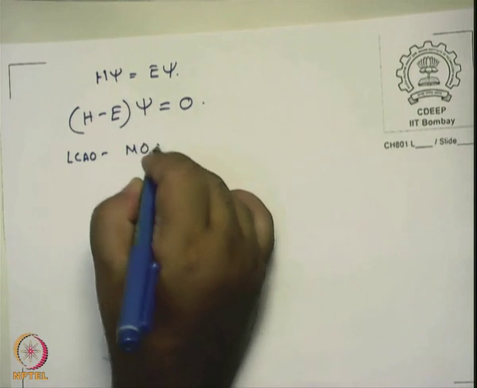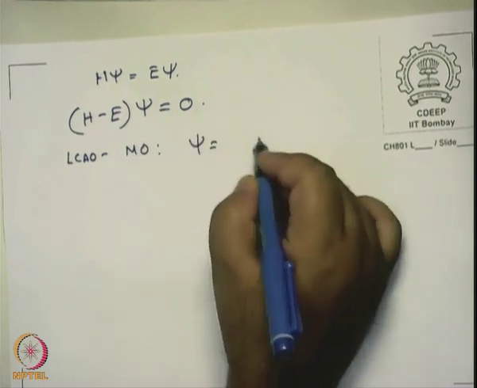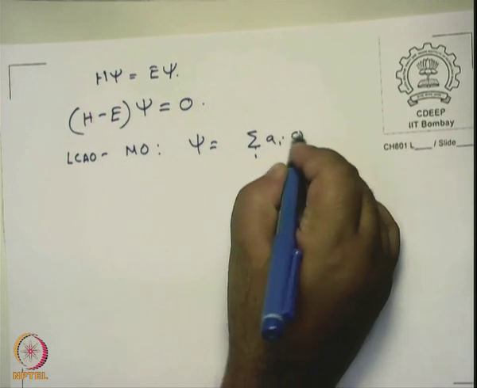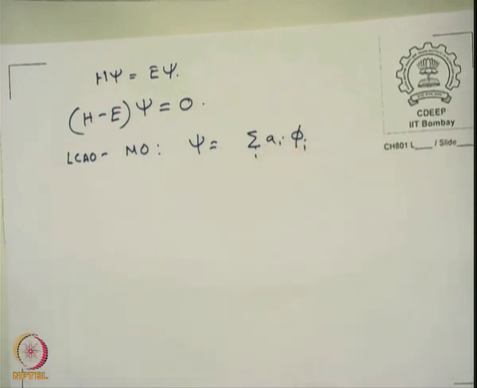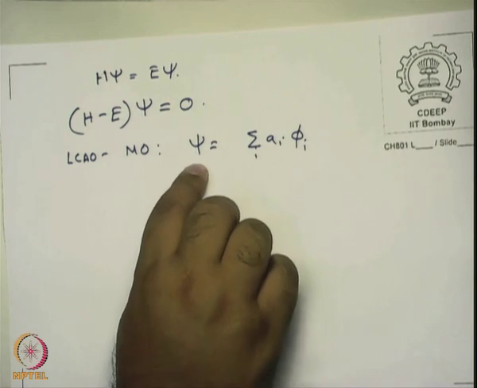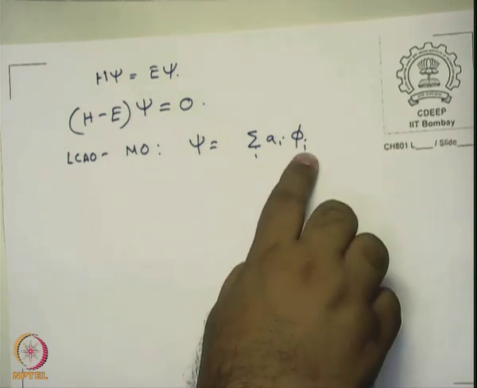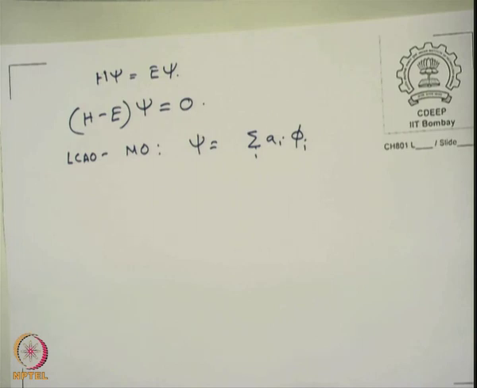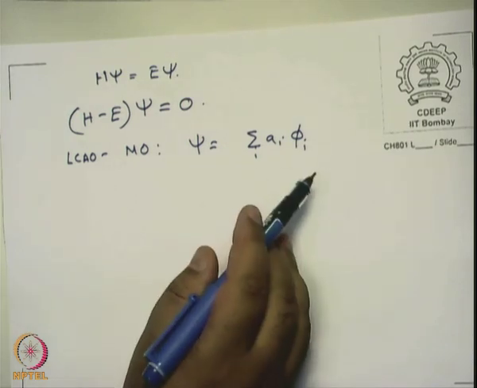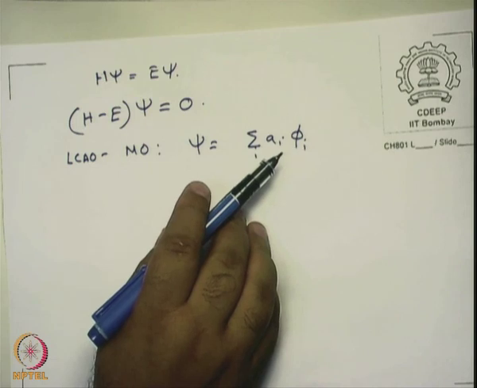Yeah, louder please. Linear combination of atomic orbitals. So, LCAO. When you use LCAO, you write it as something like the sum over i, a_i phi_i. The convention is to write psi with subscript i and phi with subscript j, but I will just write it in terms of one psi for the moment, and then let us see what comes out of it. So, psi here is the molecular orbital, the phi's are atomic orbitals. You write the molecular orbital as a linear sum of atomic orbitals, right.